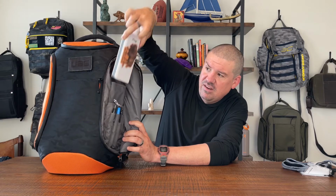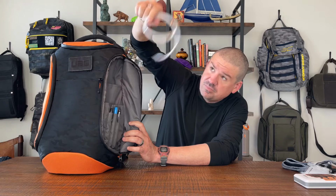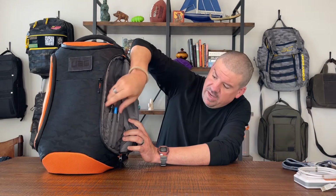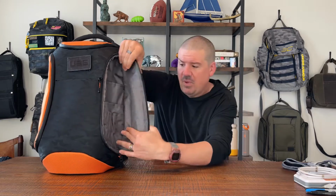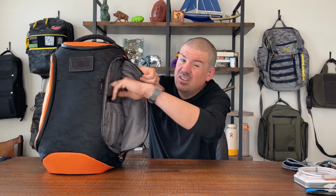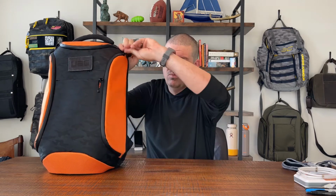So what do I have in there? I have my trusty power bank, cord for the power bank, multiple pins. So a really useful pocket with its own volume. It does stick into a little bit the main compartment, but doesn't really rob from it. So really neat. Then we go around to this side,